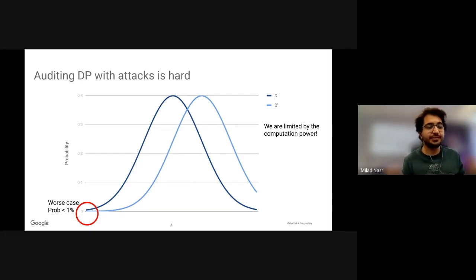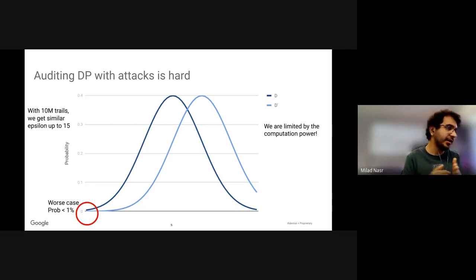So if you want an epsilon of, for example, 5, you would need a lot of runs to get it. We found that if we want an epsilon of 15 and a practical run similar to the theoretical one, we need at least 10 million runs. With 10 million runs, we get epsilon similar up to 50. But the problem with this approach is that it is very computationally intensive. We need a lot of runs to get a good value for the bounds.